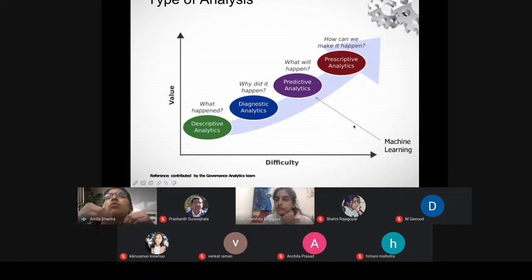This helps in forecasting our future, and in finding solutions to our existing problems, and with that prediction we can find a way out or a pathway for our problem. Then the fourth, which is very important, is prescriptive analytics, which helps us to plan our actions so that we can get better results.